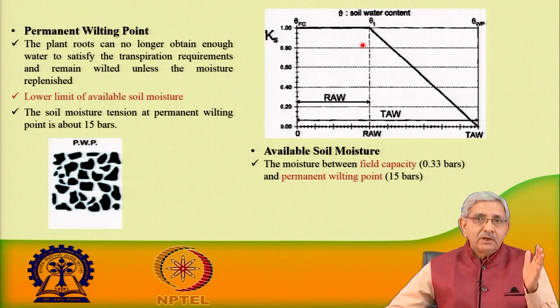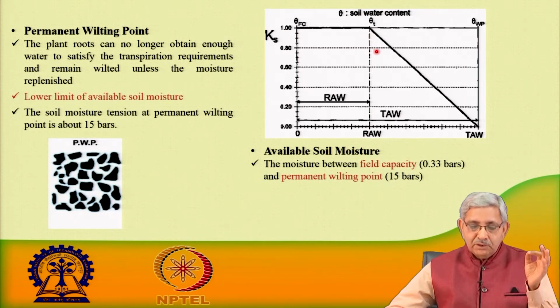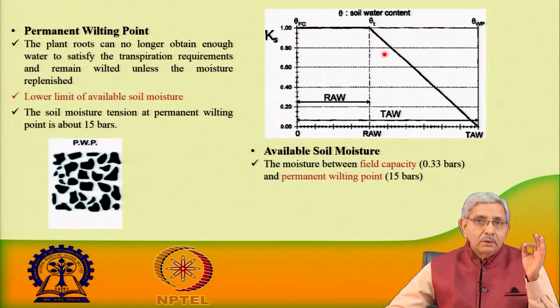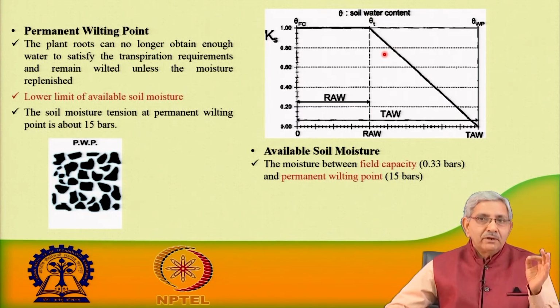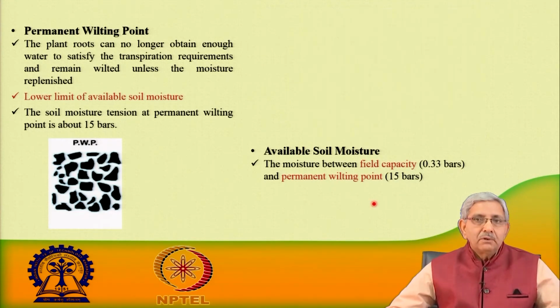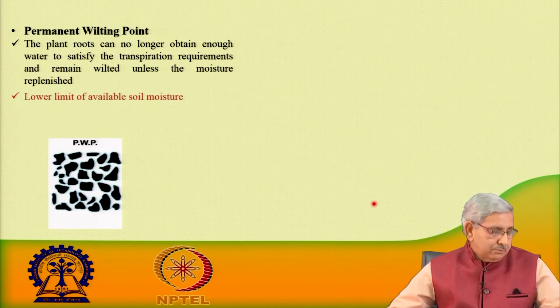When we are planning a strategy for giving irrigation, this theta f c, that is theta c, this particular value theta t, is decided in such a way that it does not affect the plant. When we want to partially give water, means we are making a strategy to give deficit irrigation, in that case we are maintaining the moisture content at theta t here, and this ratio of the RAW and the TAW gives the value of the